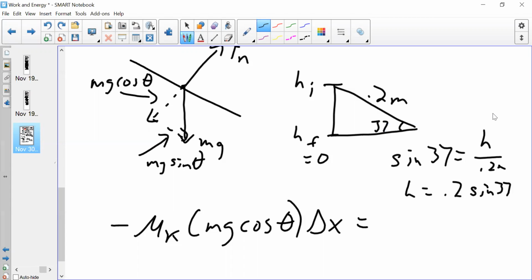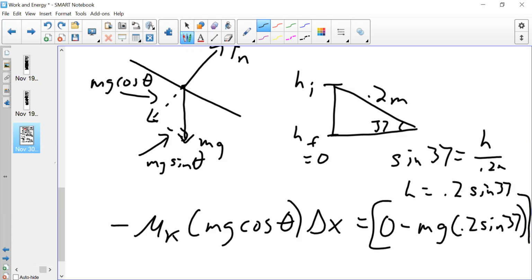And so it's going to be 0 minus mgh, where h is 0.2 sine of 37. So that's all one big block there, because we have